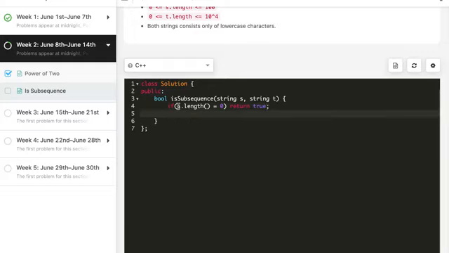So if this is a subsequence and the smaller string is empty, that means all characters are found, then we return true. If that is not the case, we will go to the next line. If it's 0, this function will not execute further, but if it goes beyond this, that means S is not empty. Then if T is empty,